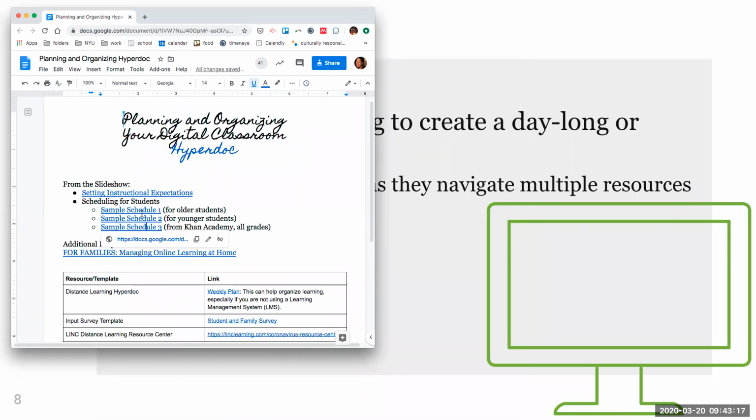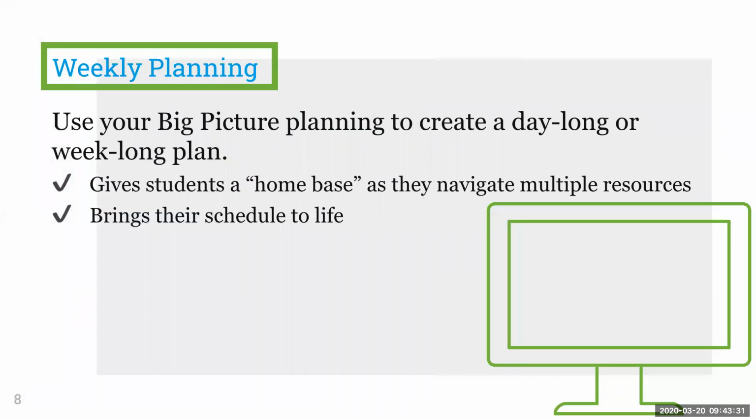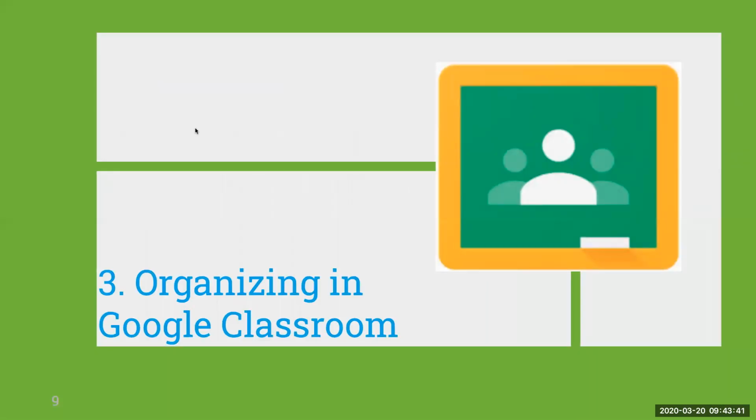I'm giving you way too much. Hopefully the idea is to give you a bunch of tools that you can then go in and dig into. And again, we can do this one-on-one with an Educate coach. So I'm going to move forward. I know that we haven't done the planning, and I know that there's a lot out there, but I do want to get to Google Classroom because that's just going to be another huge part of your organization.